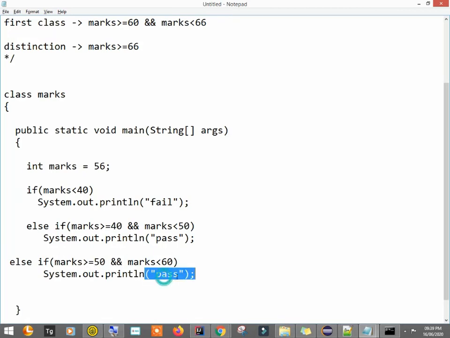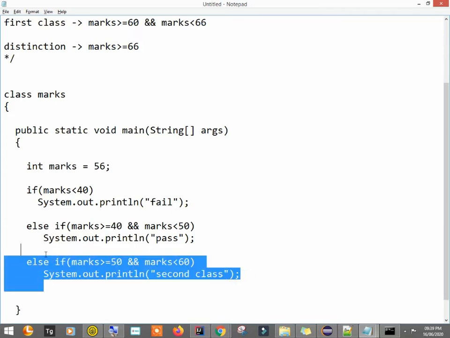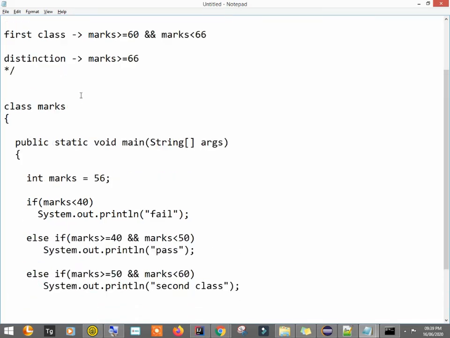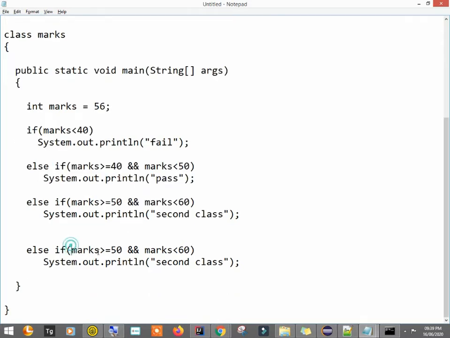It is a second class, right? Now the third one, again I'll copy this and we'll change the conditions. Third one is this, right? So it is going to give me the output as first class,